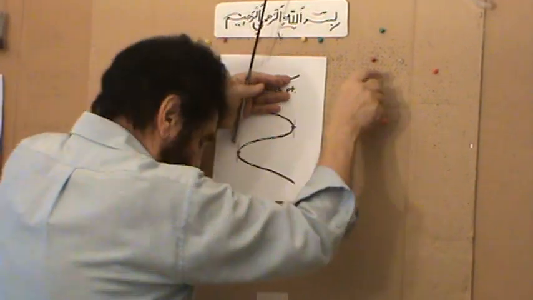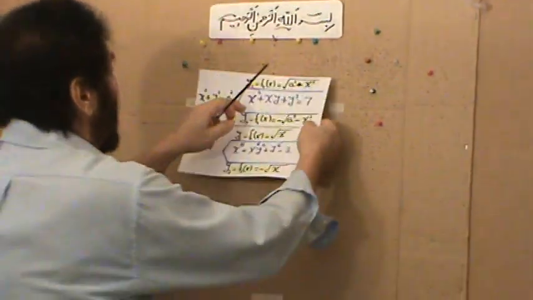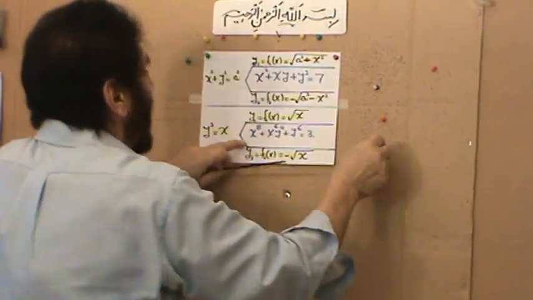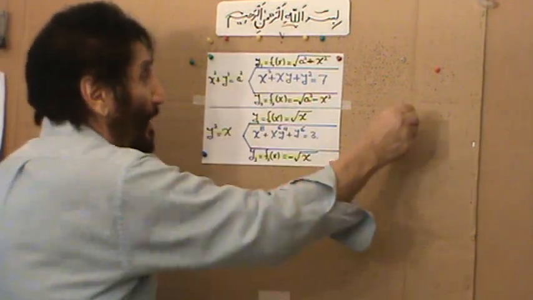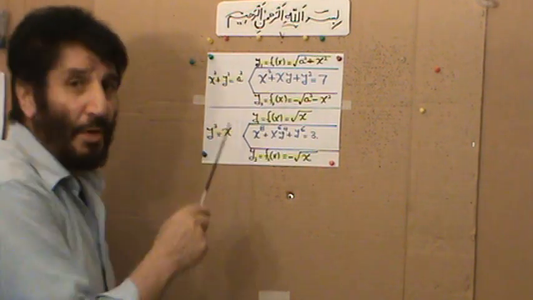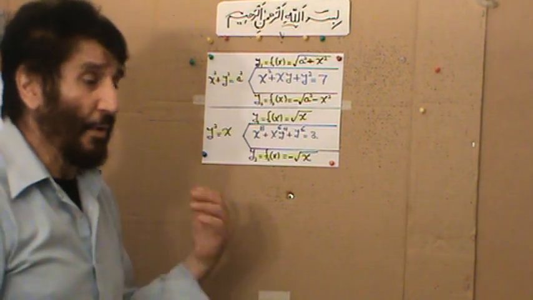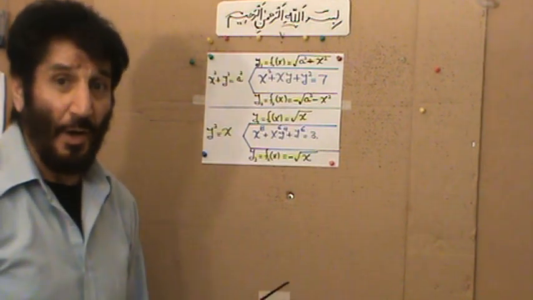For some relations like the circle, the ellipse and the y squared equal to x parabola, yes, we can do algebraic manipulation and write y as a function of x. We can do that very easily. For example, as you can see here, x squared plus y squared equal to a squared is the equation of a circle. And from this equation, when we do algebraic manipulation, we can separate x and y and write